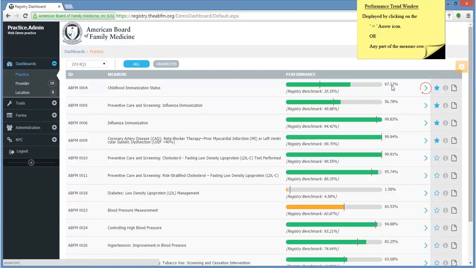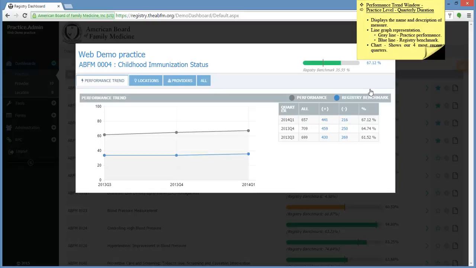Moving on, by clicking on this right arrow here, or clicking on any part of the row, will bring up another window displaying the in-depth performance trend for that measure. This is the performance trend window. Displayed at the top is the name of the practice. And below it is the name of the measure, in this case being ABFM0004, and its performance percentage and the